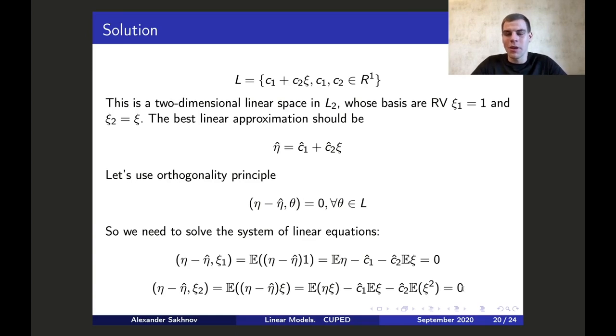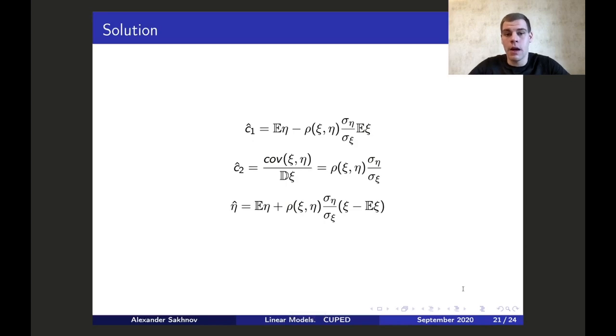Of course we will not do it right now, and so this is the answer for c1 and c2, and then the best linear approximation is equal to the mean of the element plus some constant multiplied by the deviation of the random variable from its